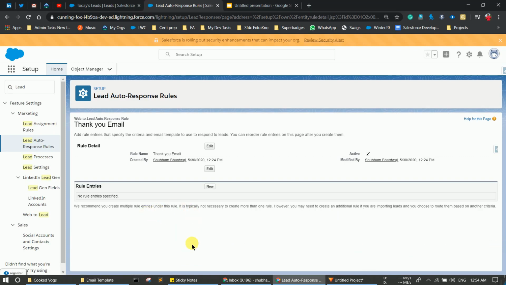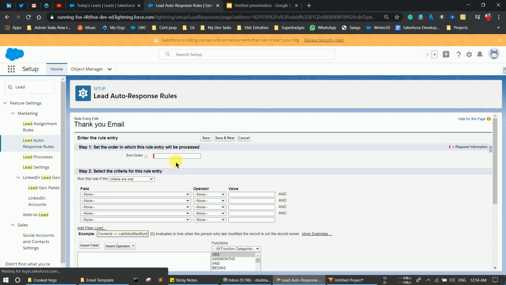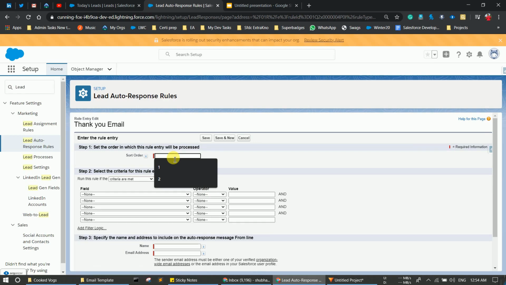Here you have to provide the rule entries. You can create any number of rule entries here, but you have to define the order. Suppose I am creating one new rule entry here, you have to apply the order number.